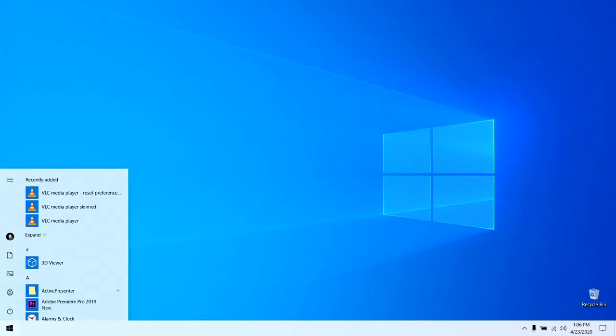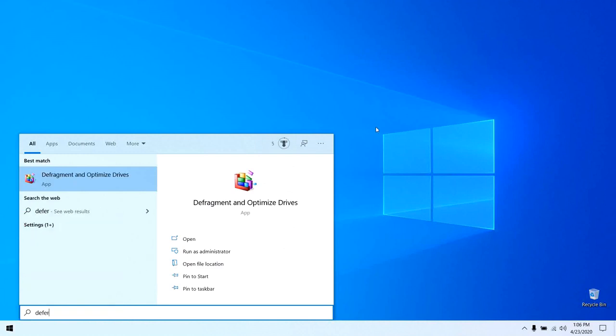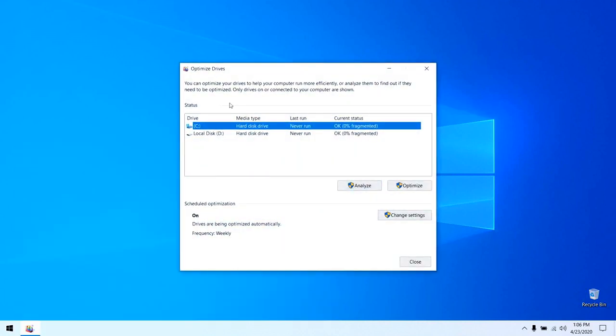After that, just open your start menu and type defrag and open it. Actually what it does is it optimizes your disk drive, and it helps your disk drive run your computer efficiently.